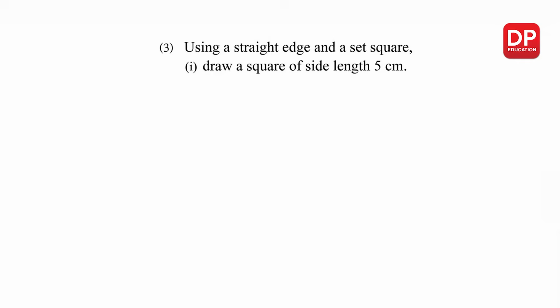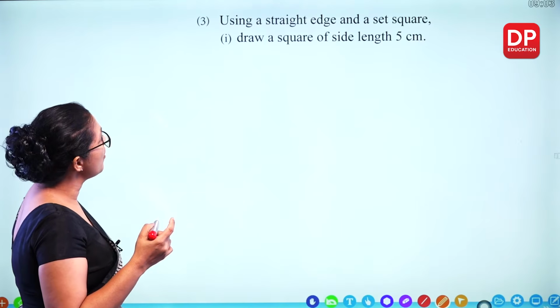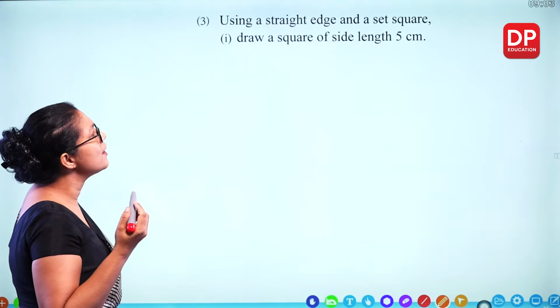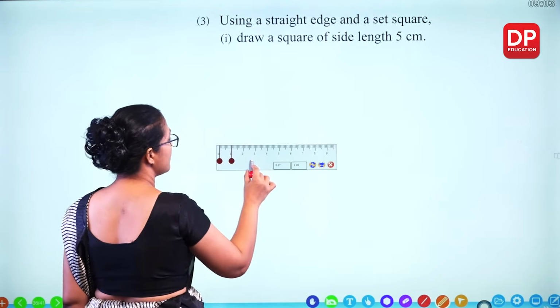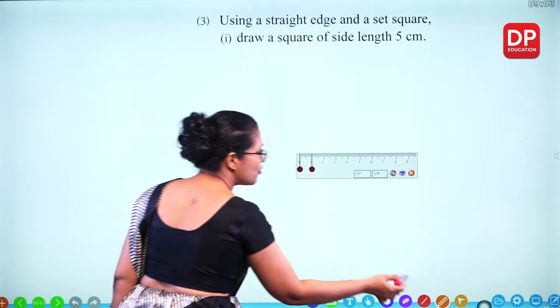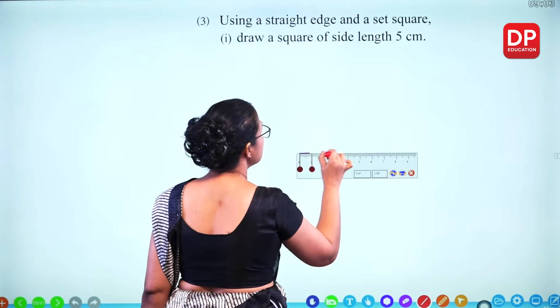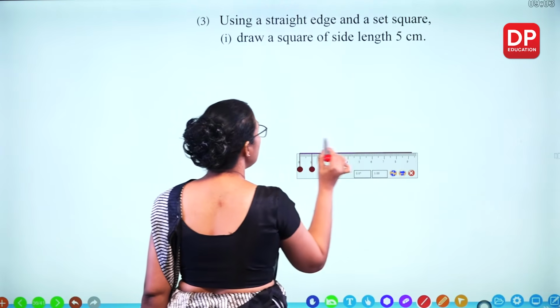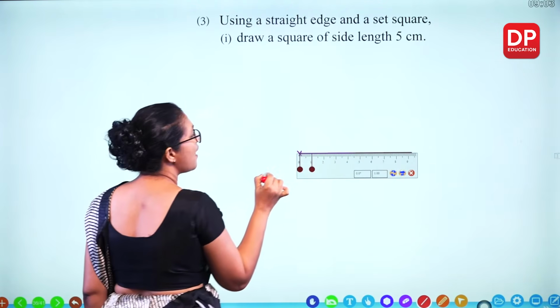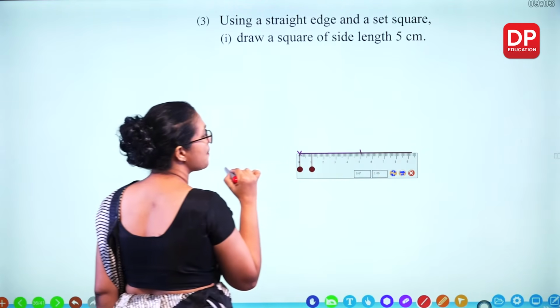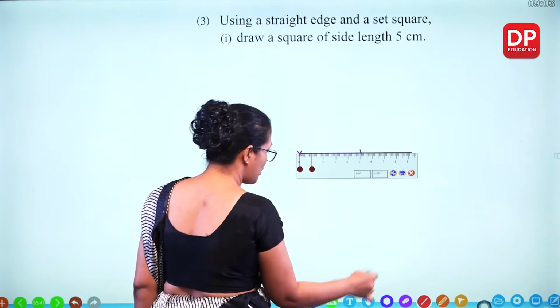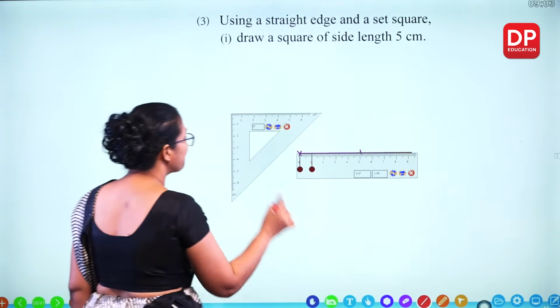Question number 3. Using a straight edge and a set square, draw a square of side length 5. So we can easily do that. Take the ruler and draw a line segment. And you can mark a point first and then measure 5 centimeters. So 5 centimeters here. And then what you do, you take the set square,